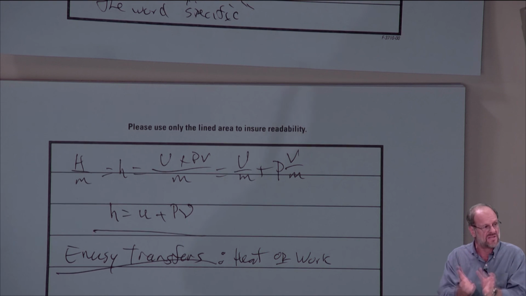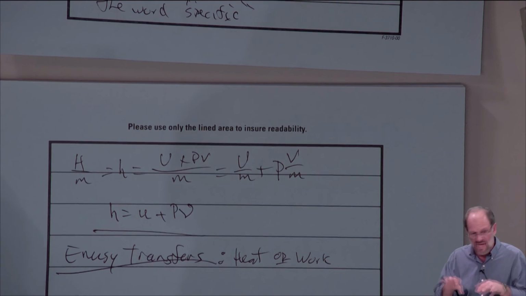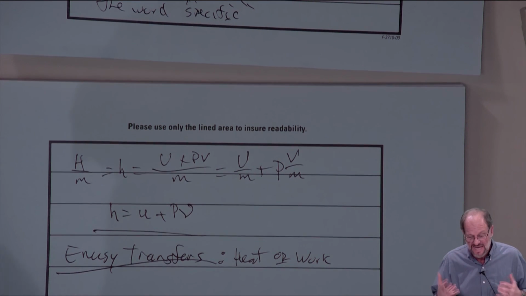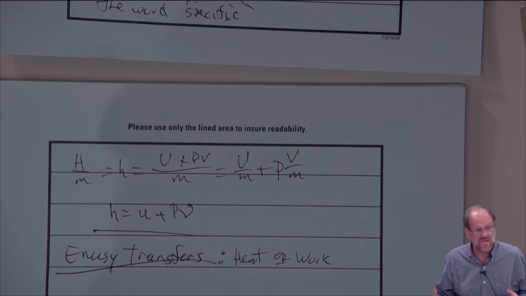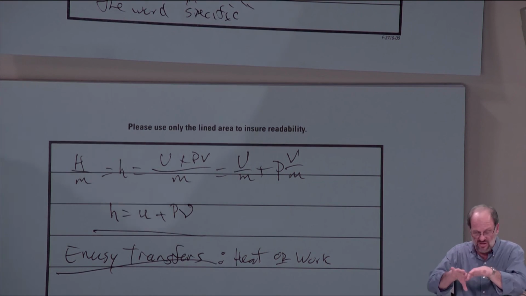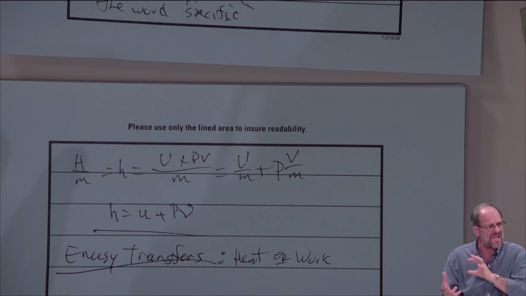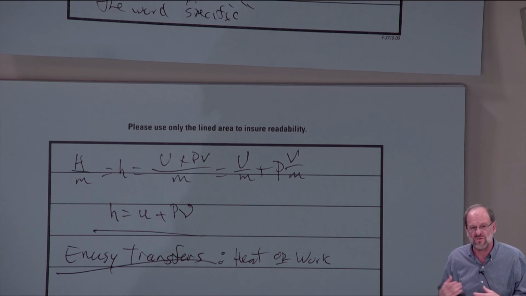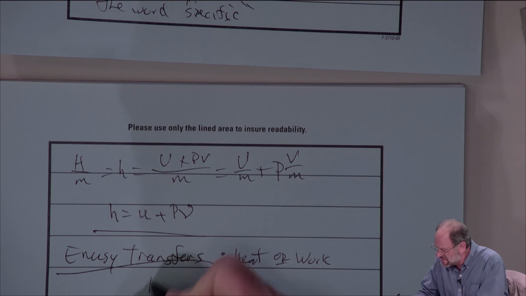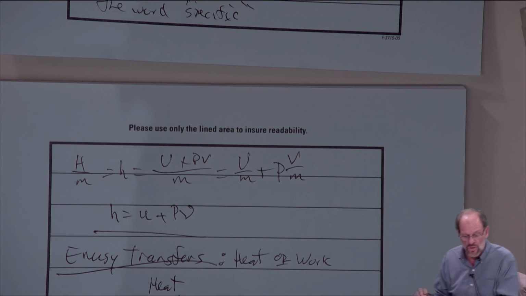It has to be transferred at the boundary, so for any problem we're looking at, we need to understand where the boundary is, and that's usually not a problem, right? The boundary is the interface between my system and its surroundings. It's the surface of the pump, it's the edge of the tank, it's the edge of the piston cylinder device. It's not going to be hard to determine our boundary. But nonetheless, we'll look at heat first, and then we'll talk about work.